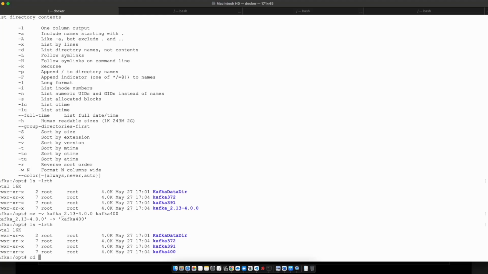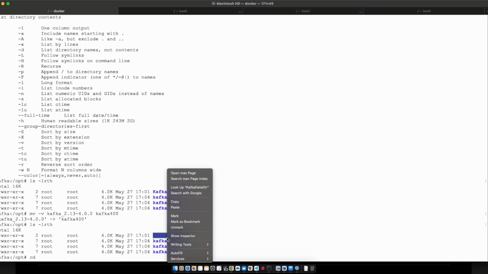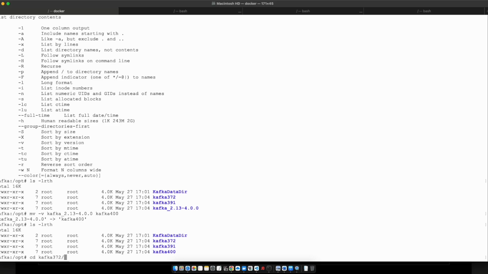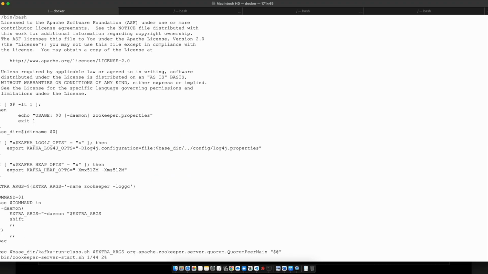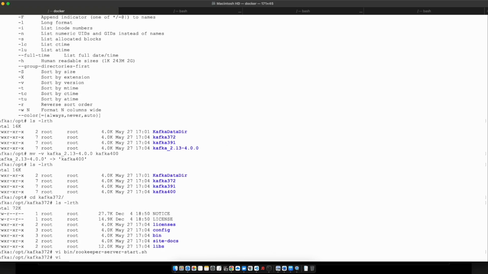So let me do some simple settings for this lab before we start any further activity, which is to edit bin zookeeper-server-start.sh. I will lower down all JVM heap size. In this lab we won't be requiring high JVM, so we will lower it down to 128. Also broker JVM,